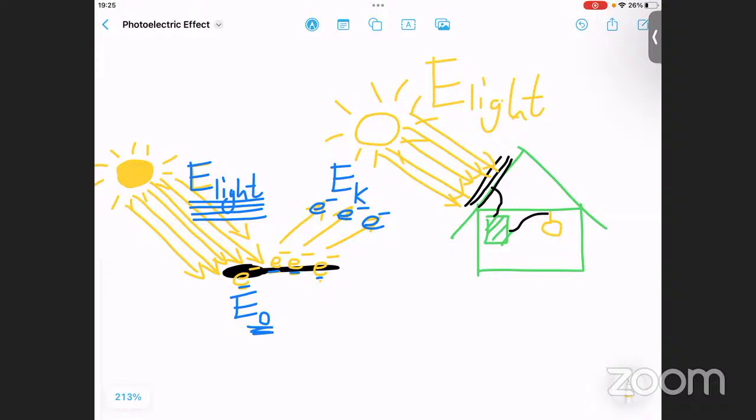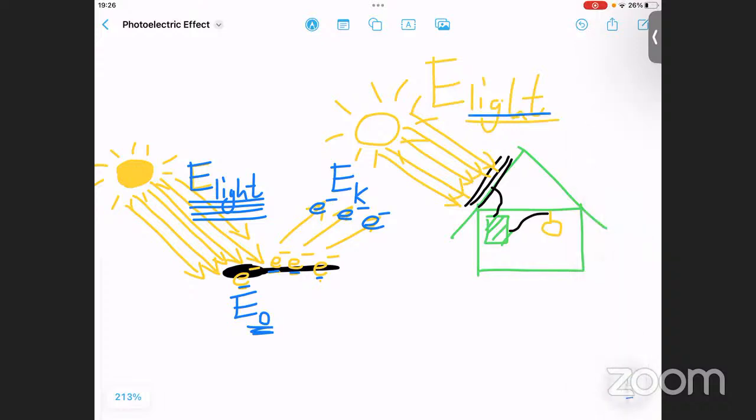There must be enough sunlight with enough energy for it to generate electricity. So there must be enough energy from the light shining onto these solar panels, so that, honorable members, so that